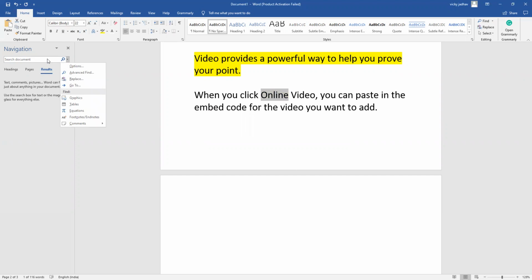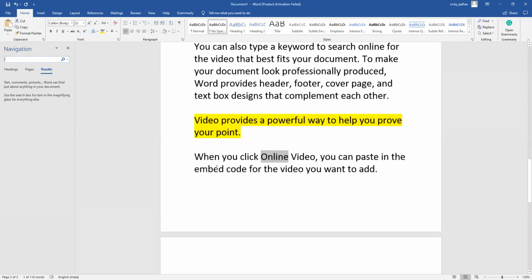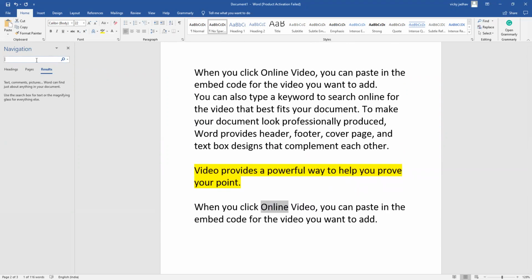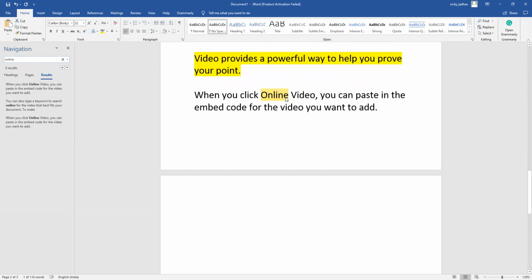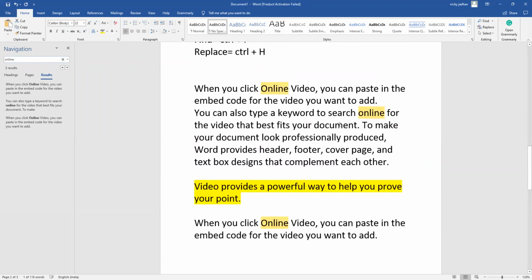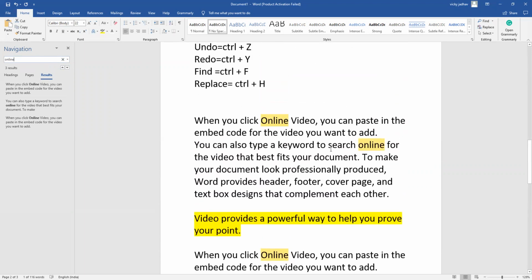So as you can see, you just need to go and press over here on the word you need to select. I will choose the word online. As soon as I select online, you can see online has been highlighted all over the place. Okay, so this is the option for finding any word in the essay that you have written.